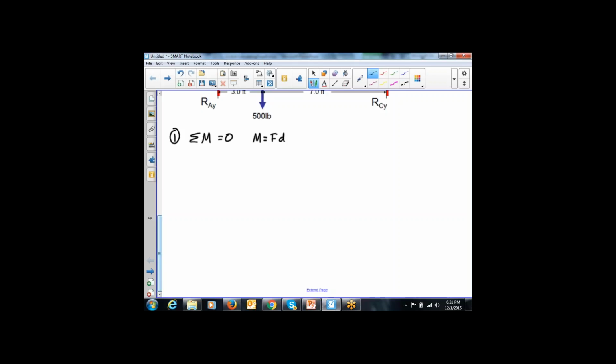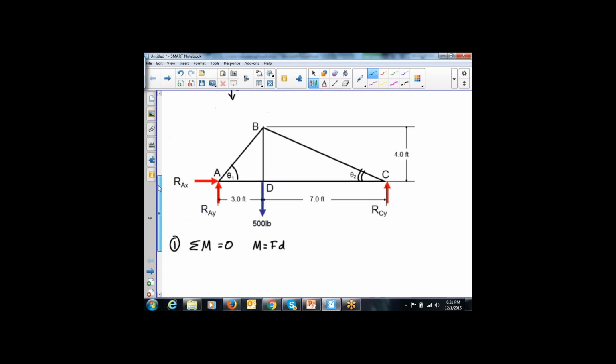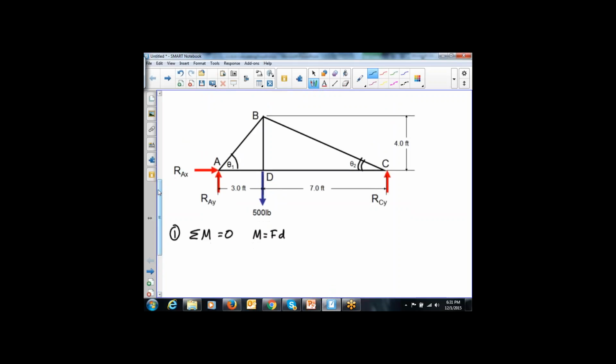So one of the things we have to decide is where it is that we want to hold this truss to evaluate what the moment is. So what we are going to do is we're going to add up the turning forces at A plus the turning forces at B plus the turning forces at C plus the turning forces at D, and those should be equal to 0. But we have to hold this structure somewhere so that we know